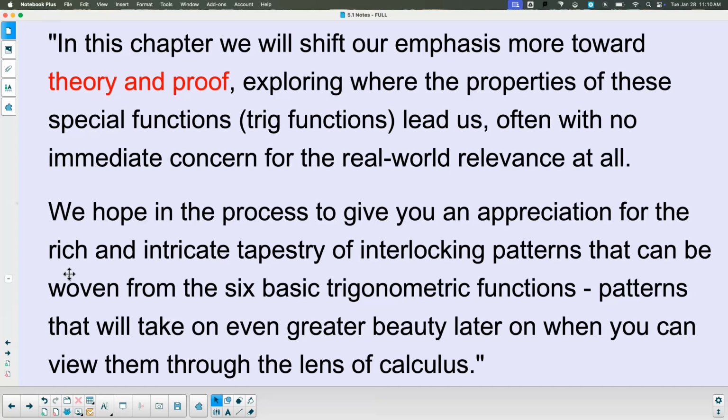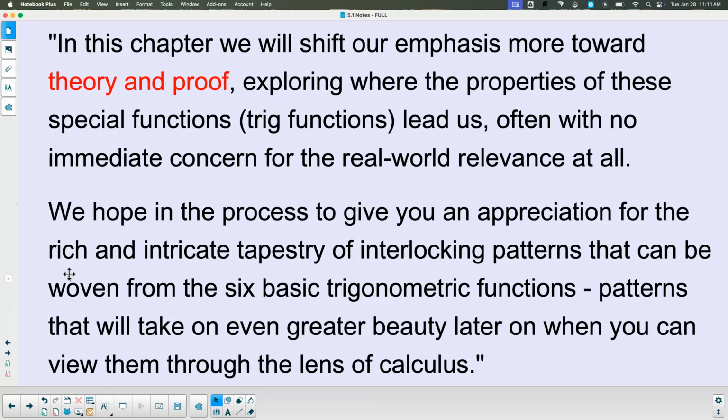What I mean by that, Dylan, is you're going to ask me at some point in the next 2 weeks, LINS, where in the heck am I going to use this? And I'm going to say, you're not. Right to your face. You're not. But it's not about where you're going to use this. It's about